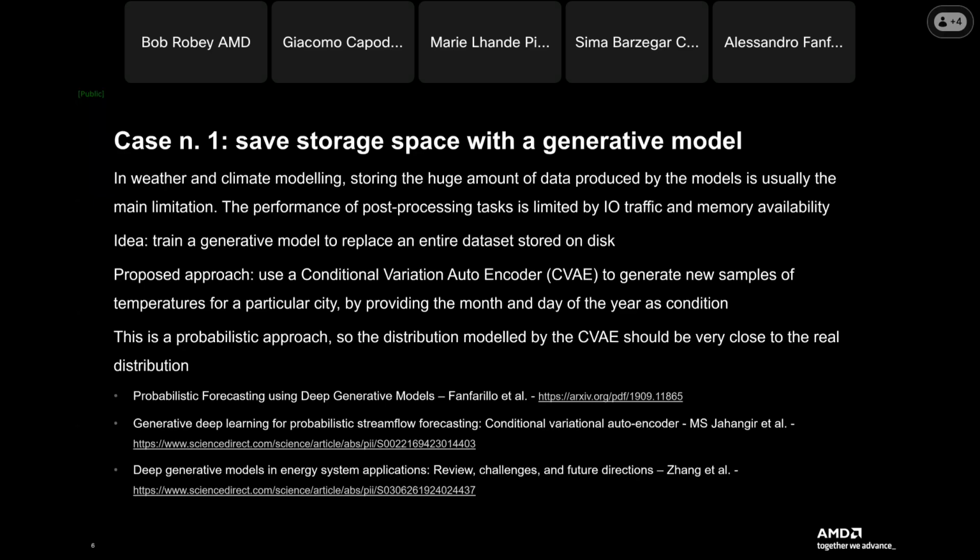So the idea that I'm going to show you here is to train a generative model to replace an entire data set stored on disk. So we are saving space. The approach that I am going to show you is to use a conditional variational autoencoder to generate new samples